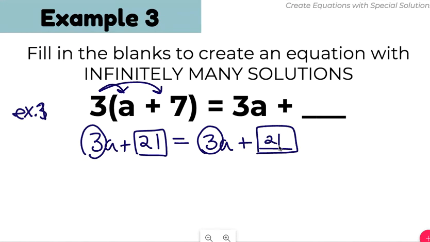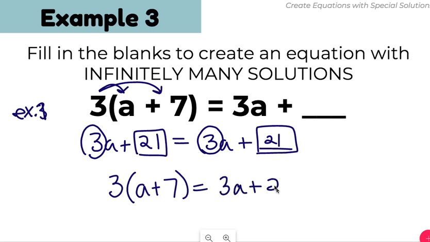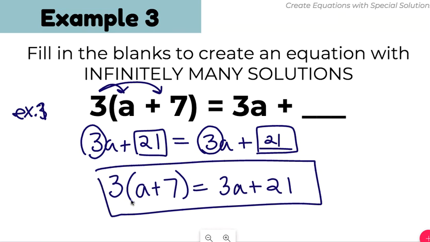So this needs to become 21. So then that means my final answer, remember, if we need to rewrite the equation, let me go back to the original. And that blank gets filled in with a 21. So if you do have an equation that you have to simplify,